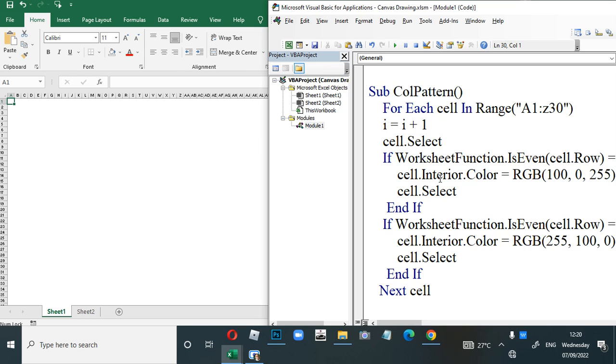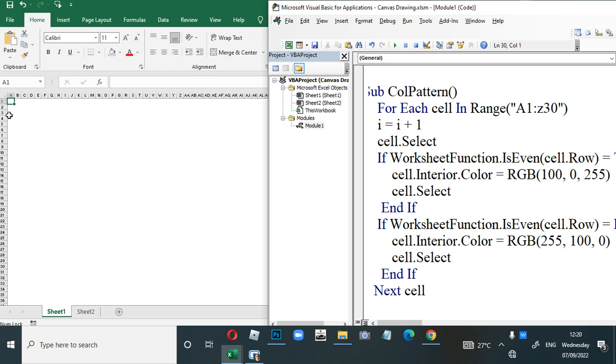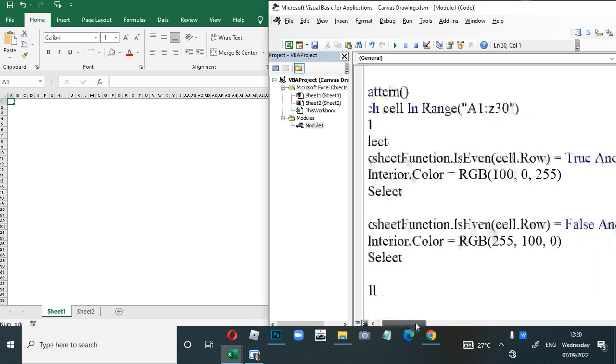If this cell's row is even and it will color the even row and even column. That means A1 is not even, B1 is not even because 1 is odd, but B is, sorry, yes, even. So what I have given is if row is even